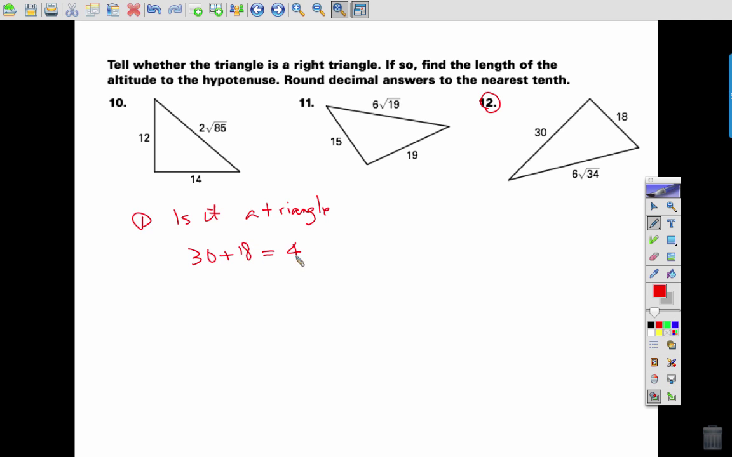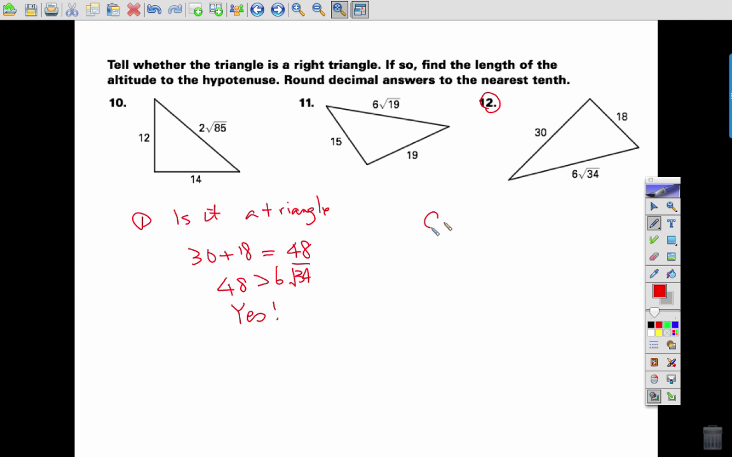30 plus 18 is 48. Is 48 greater than 6 root 34? Because I just did 6 root 36 would be 36, 6 times 6 is 36. So this is slightly less than 36. So yes, I have a triangle. Now I have to plug it into the Pythagorean theorem to see if